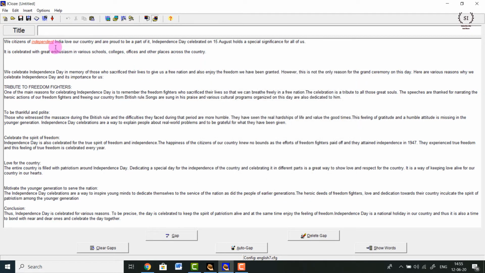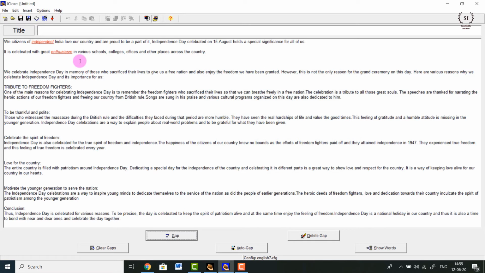In the same fashion, you can move ahead with the other sections of this paragraph. We citizens of India, independent India, love our country and are proud to be a part of it. Independence Day, celebrated on 15th August, holds a special significance for all of us. It is celebrated with great enthusiasm in various colleges. Okay, so you can create some fill in the blanks words over here.